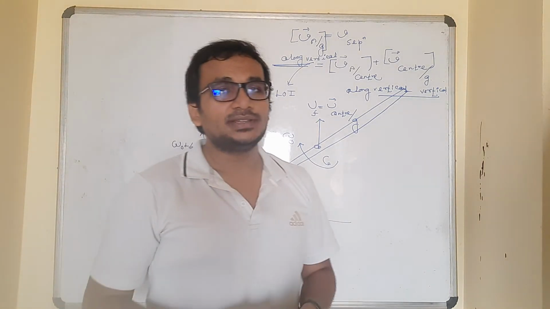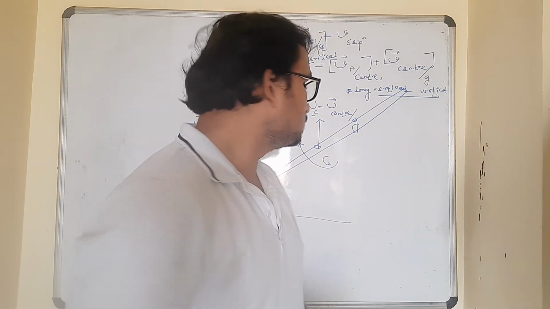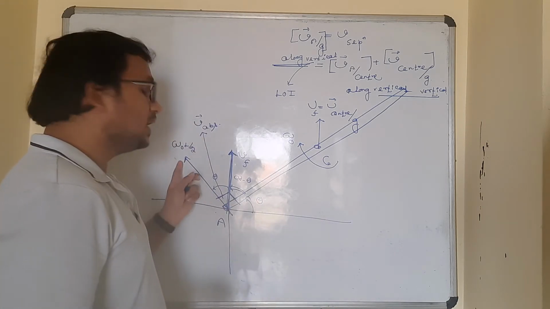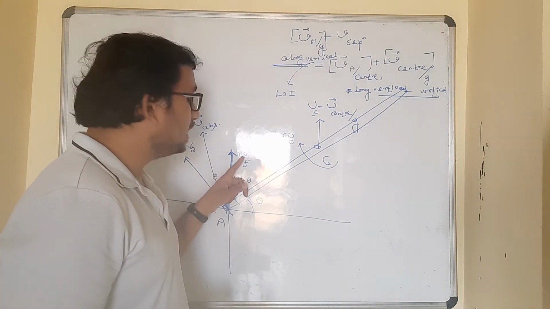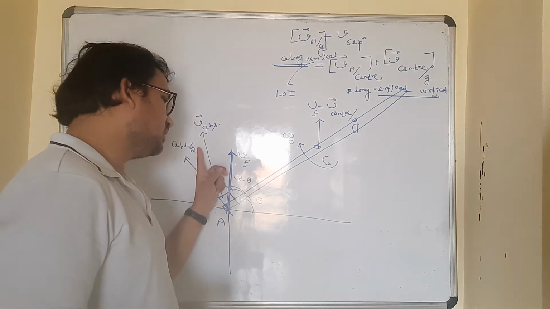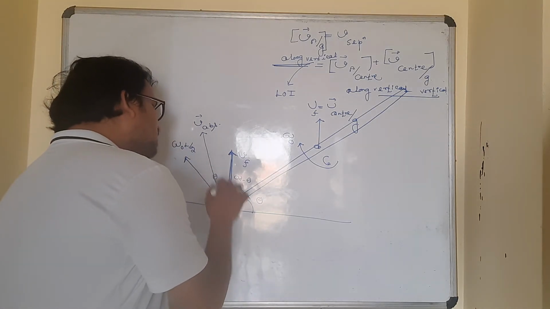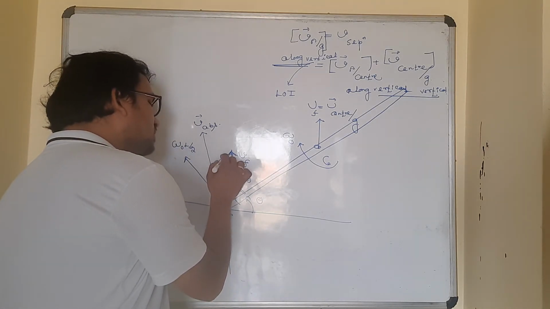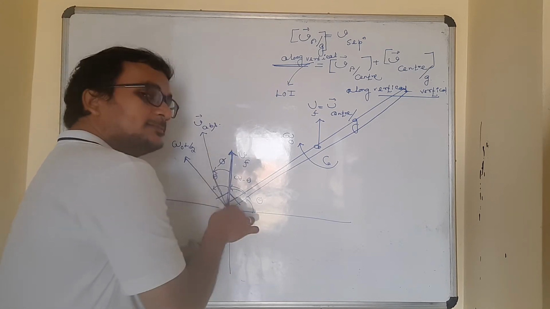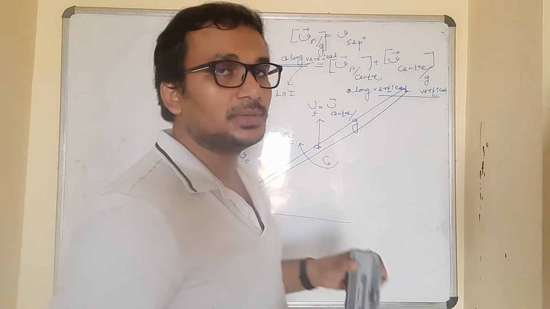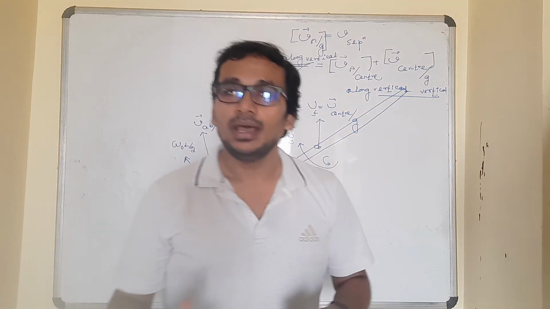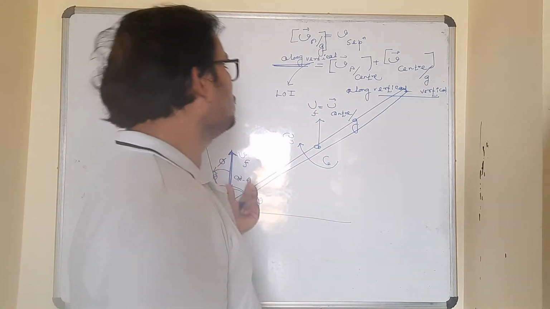See, you have got two methods, two options here to choose from. One method is that you will find the value of omega L by 2. You will find the value of Vf. You will find the resultant. You will find this angle also. Suppose this angle is phi. Then you will find the component. That is going to be very much cumbersome, absolutely cumbersome. And the other way is, we don't need to do all this.